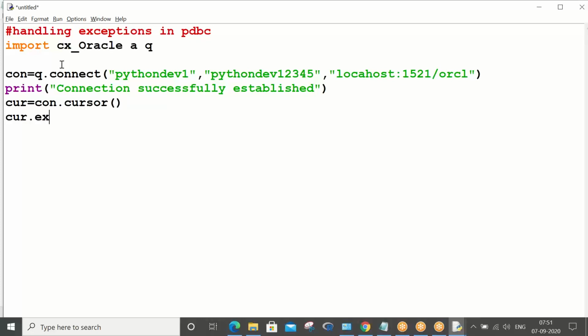Right, cur dot execute. So as I told you, till here the story is the same for every other program. So select star from employee. Employee is a table which we already have.